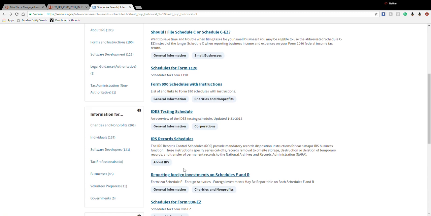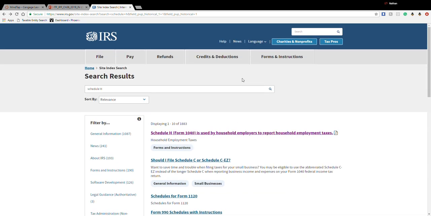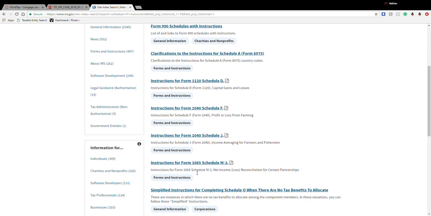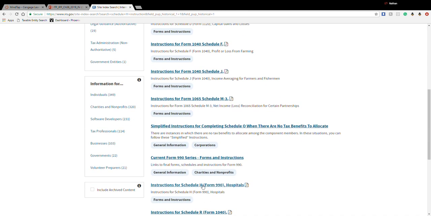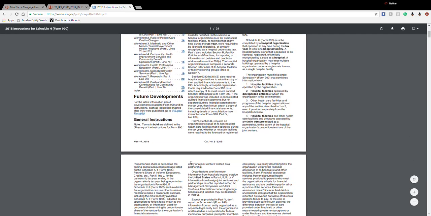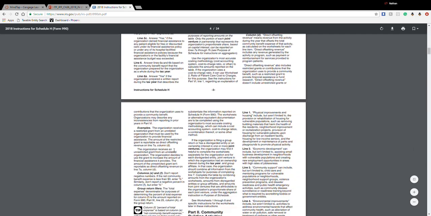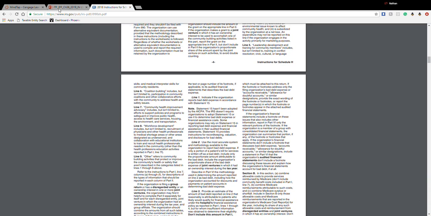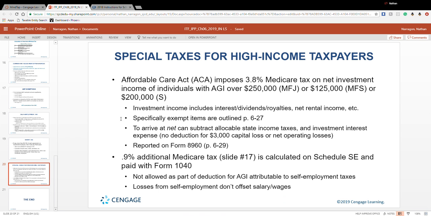I want to find instructions, you can actually search on irs.gov, and it's going to actually pop up instructions for certain forms. Here's instructions for Schedule H, Form 990, how they give two different ones, are they combined? And I would say sometimes just reading this stuff actually helps out if you really want to get that understanding of tax. If not, you just want to go simplistic, just go right through to the form, go down it,